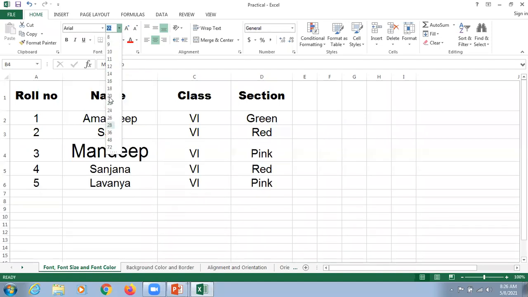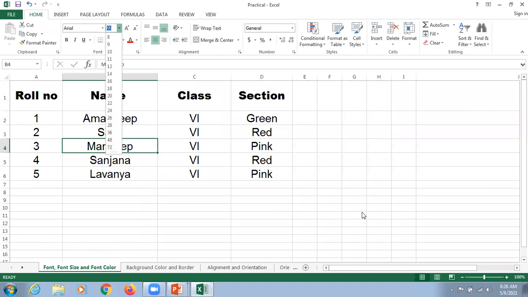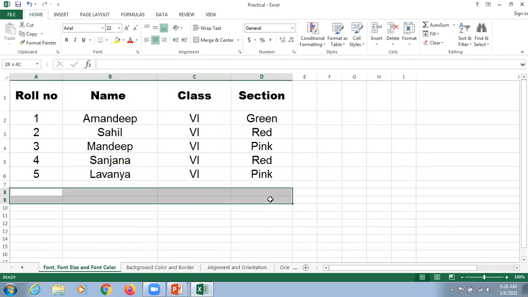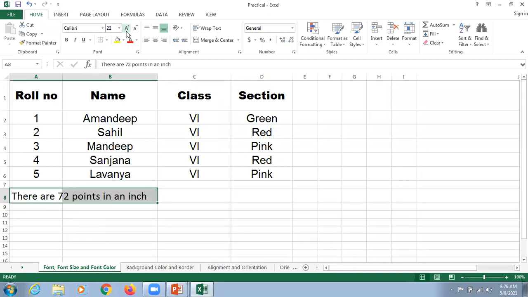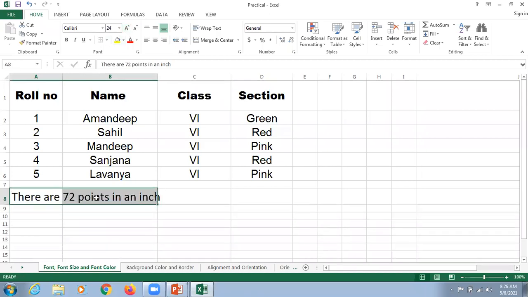So what happened here, as earlier we have discussed, the maximum size will be 72. It's very important, dear students, kindly concentrate. One thing I'm going to mention here is that there are 72 points in an inch. So one thing, dear students, you are supposed to remember all the time is that we have 72 points.